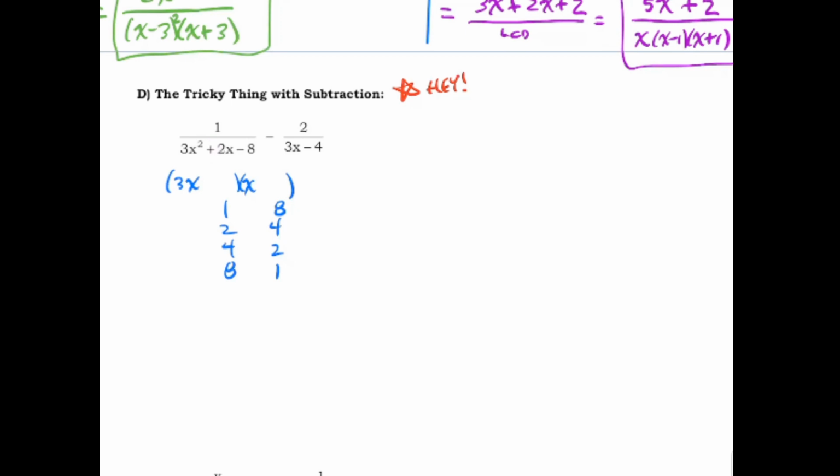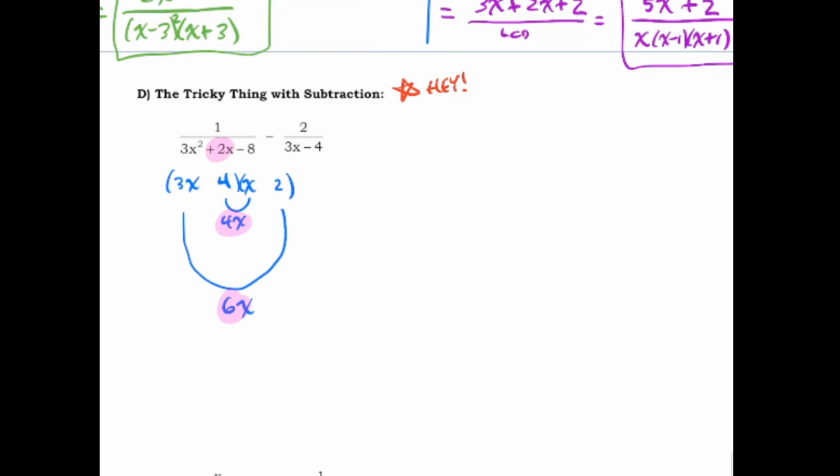And let's see if I can do this. How about if I put a 2 here and a 4 here? I'm pretty sure I'm going to get that to work. Why am I pretty sure? Because notice I'll have a 4x in the middle, my inner product. My outer product is going to be a 6x, and I'm thinking I can combine a 6x and a 4x